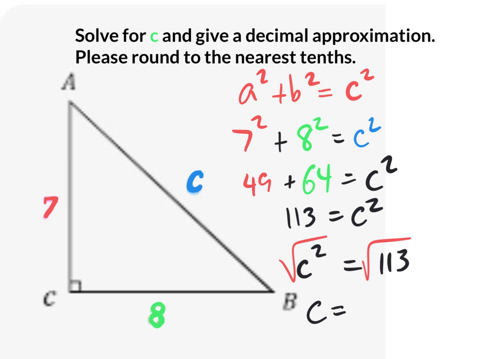So this is where I go to the calculator and type in the square root of 113, hit equal, and it can't be simplified, but you could change it to a decimal, and that decimal is an irrational number, 10.63014581, and it continues forever. However, they're asking us to round to the nearest tenths, okay? So this is your 10th spot, and you look at your next number over, and that 3 does not change the 6 to go up to 7. So my answer is